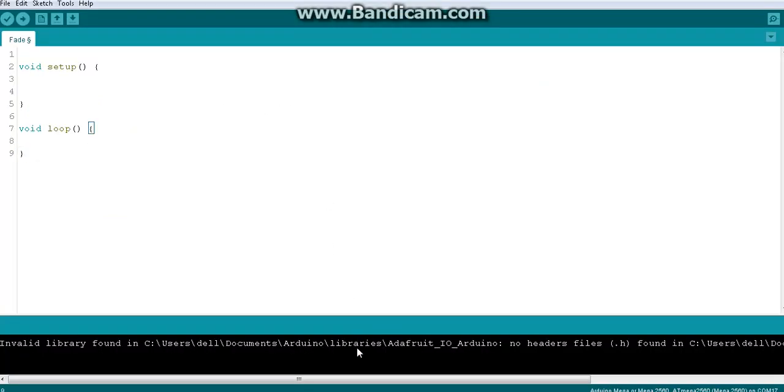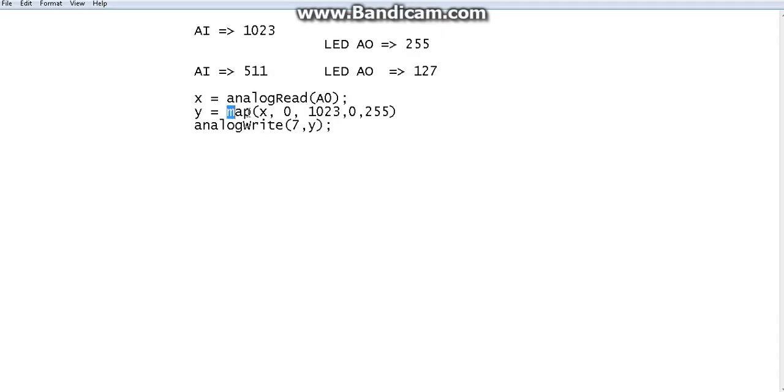For that we have our map function that we studied earlier somewhere in this playlist, right? So we have to do that conversion using the map function, and then the returned value. The map function will return an integer value, as I remember.